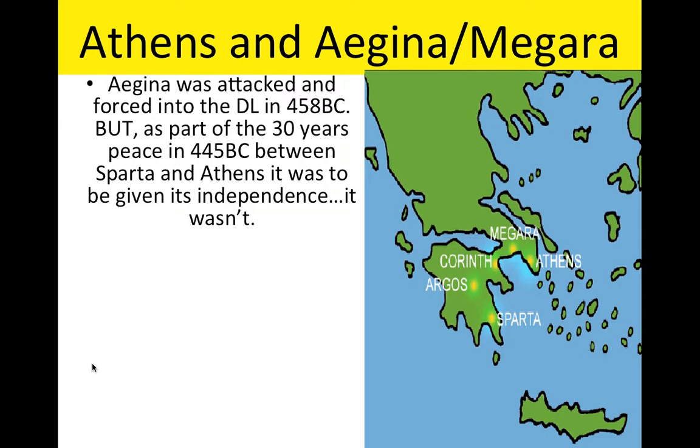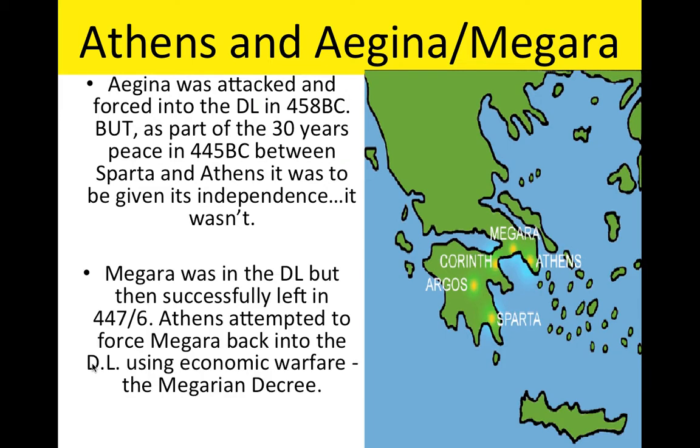In terms of Megara, remember, Megara had been a member of the Delian League but wanted to leave. Athens couldn't simply march its army into Megara, as it could provoke the Peloponnesians, so as a result Athens used economic warfare, the Megarian decree, to control Megara. What the Megarian decree essentially did was ban Megara from all 170 plus Delian League markets. That really put the screw on Megara in an attempt to force her back into the Athenian Empire.